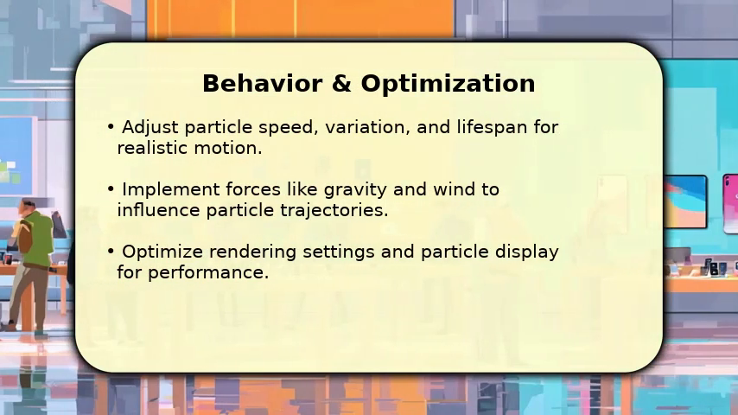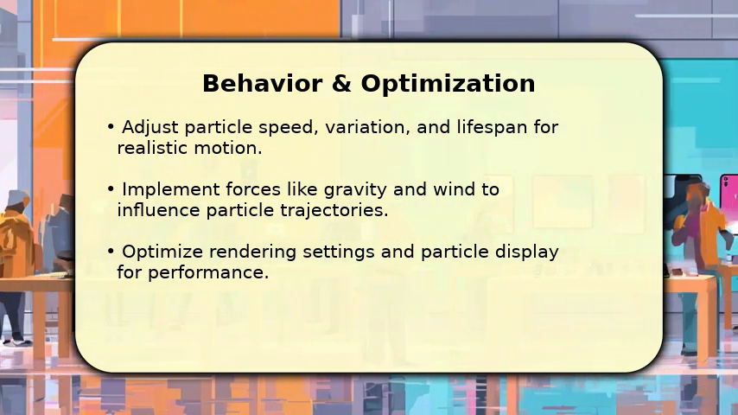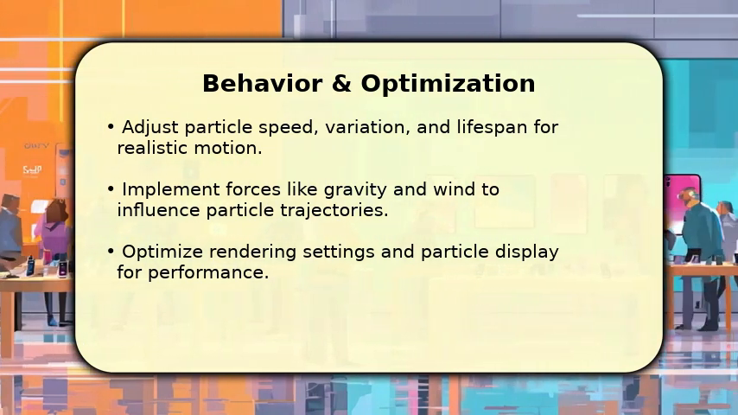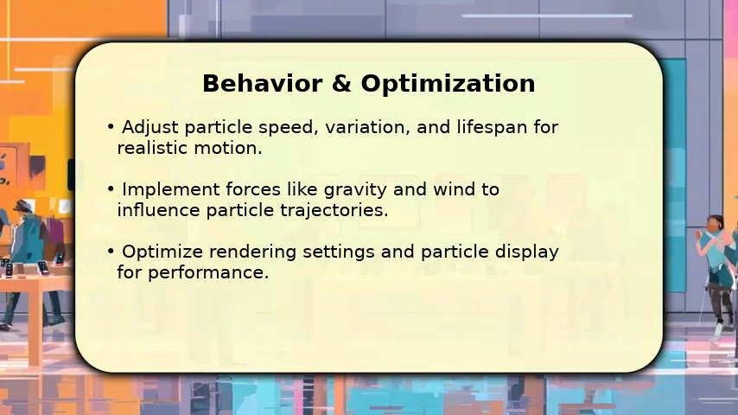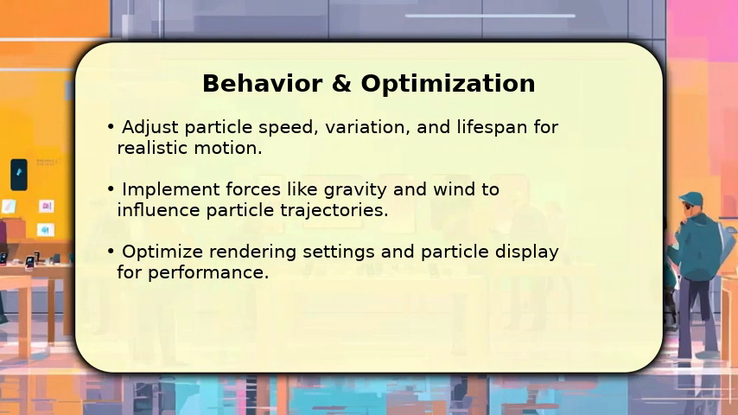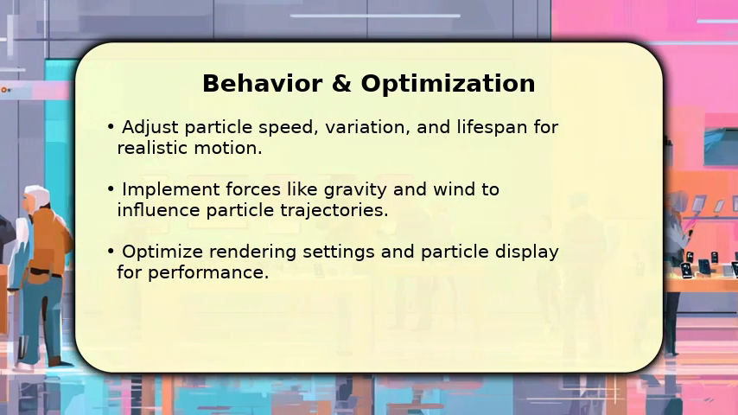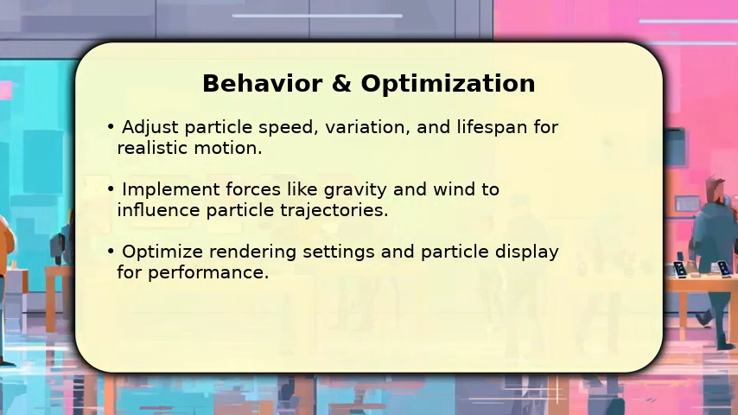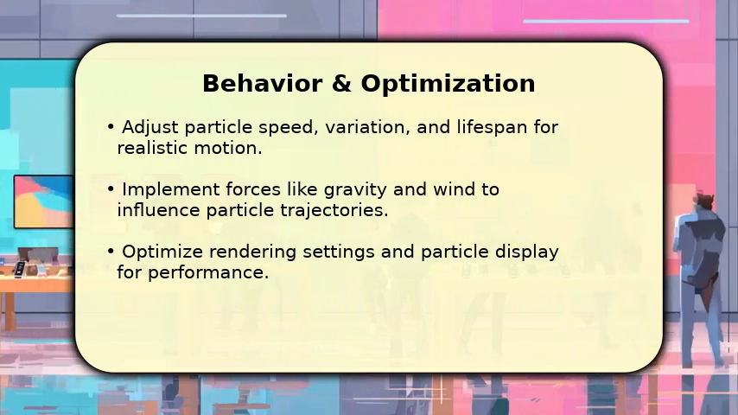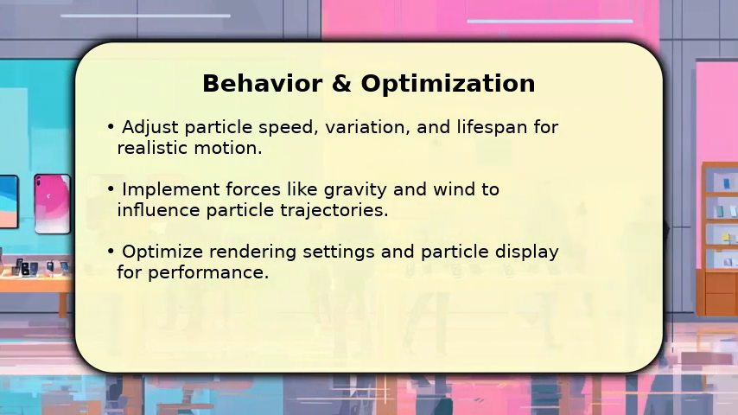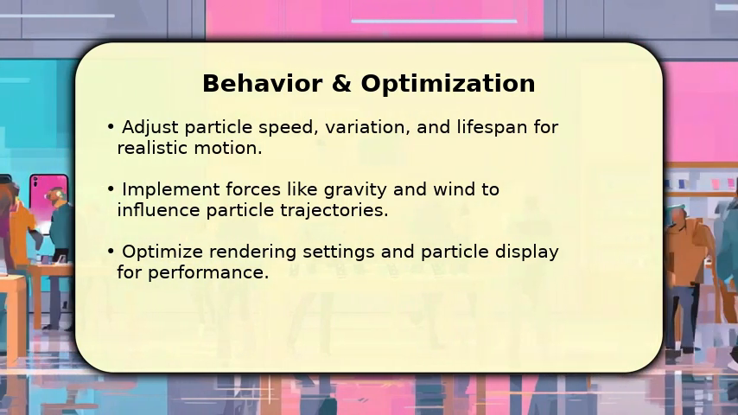Now, let's fine-tune particle behavior. Adjust the speed to, for example, 5 units per second with a variation of 20% for natural movement. Set the lifespan to 100 frames, allowing for a graceful fade. Crucially, implement forces like gravity with a strength of 1.0 and perhaps a subtle wind effect to influence trajectories realistically. Remember to optimize rendering settings, perhaps reducing the display percentage to 25% in the viewport, to maintain smooth performance during